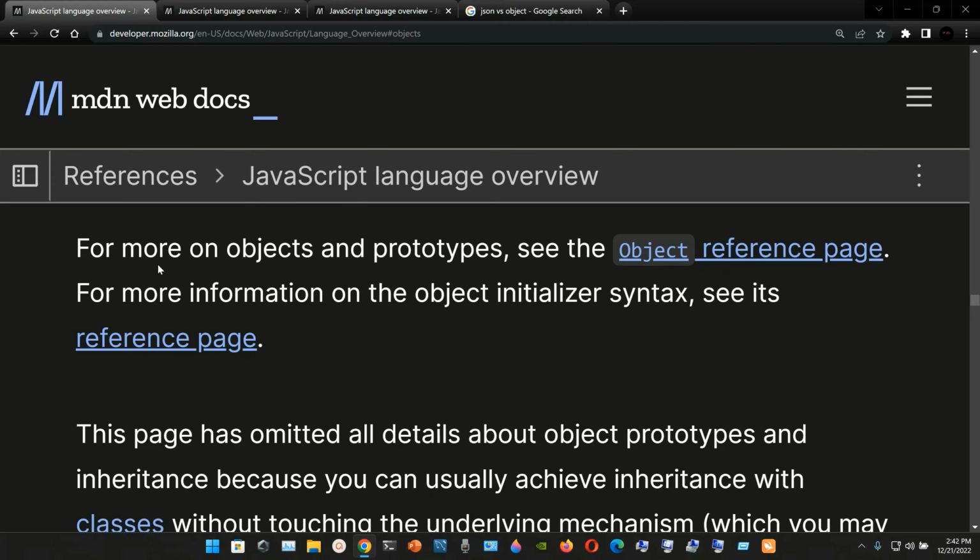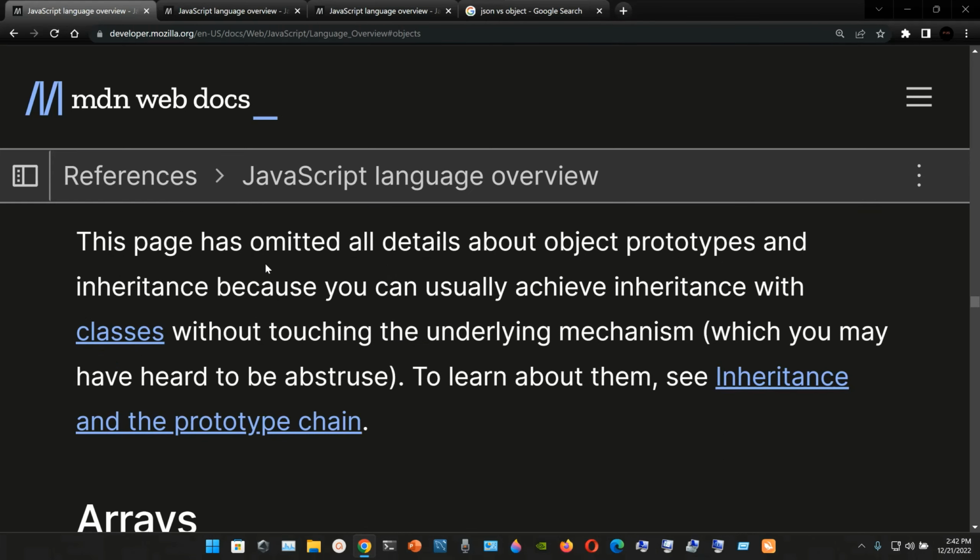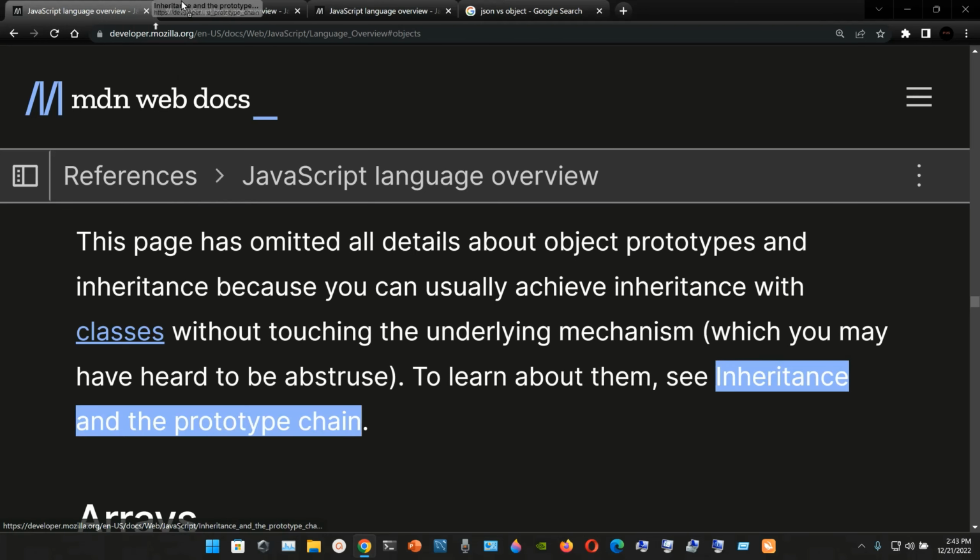And here, for more on objects and properties, see the object reference page. For more information on the object initializer syntax, see its reference page. This page has omitted all details about object prototypes and inheritance, because you can usually achieve inheritance with classes without touching the underlying mechanisms, which you may have heard to be abstruse. To learn about it, see inheritance and the prototype chain, so you can check